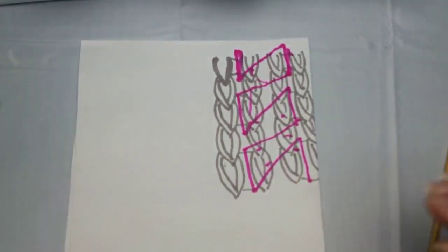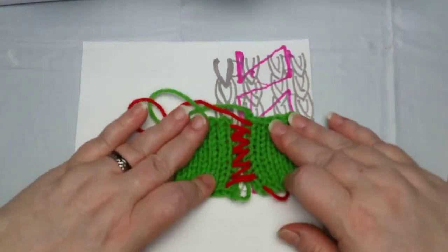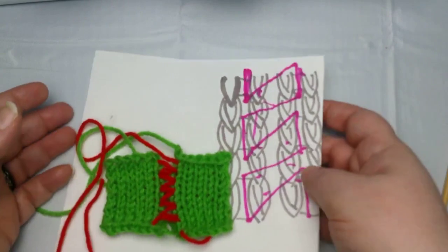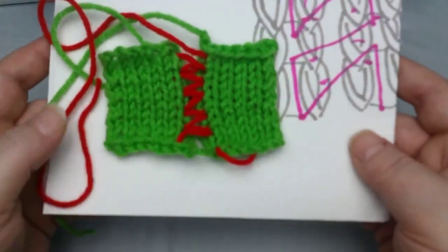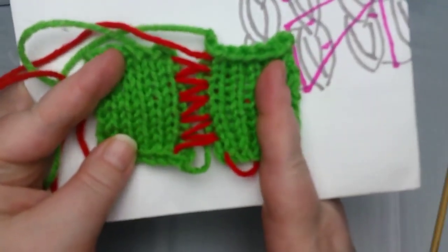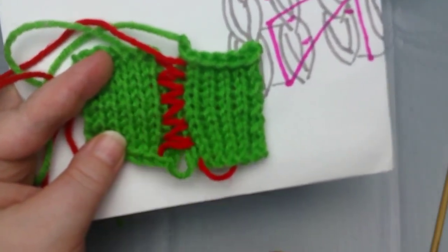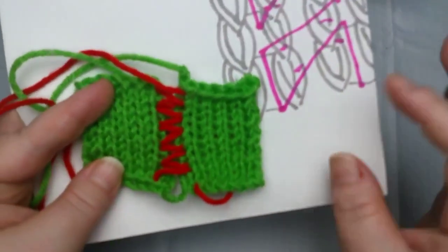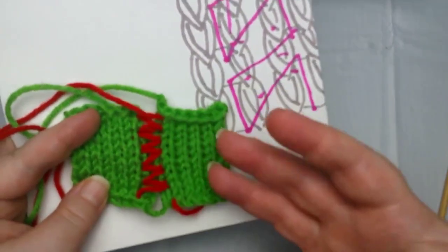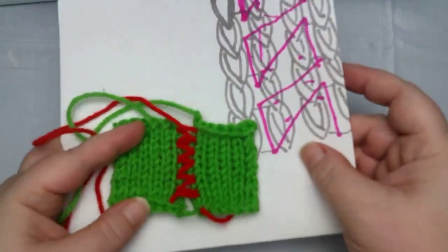And this is what it looks like when you get done. Let's see if you can see that clearly enough. So I have zigzags here, and all of my yarns come in and out of the same hole all the way down on both sides. So after you do, depending on the yarn you're using and the size of your stitches, you want to do 4 or 5 stitches,